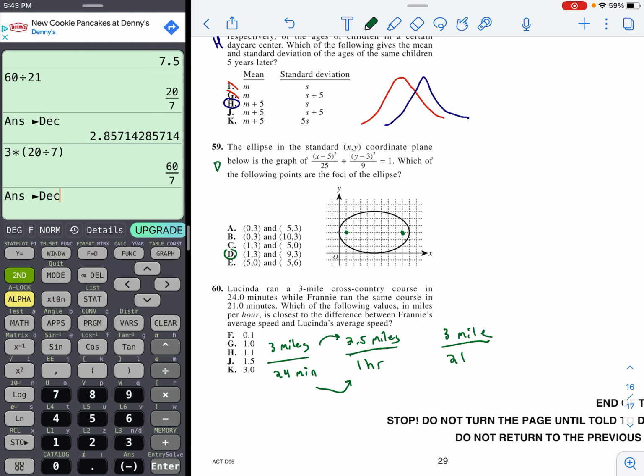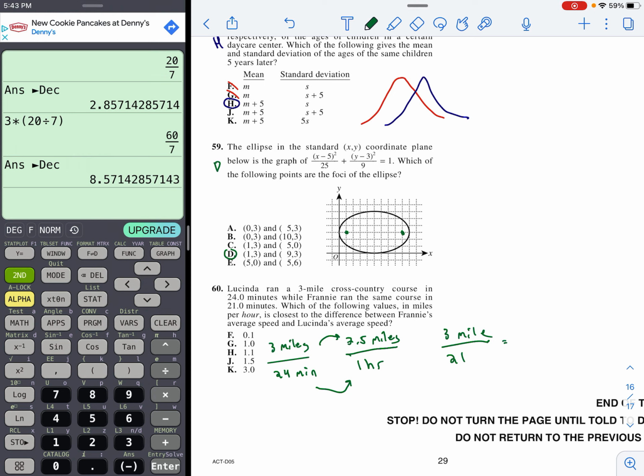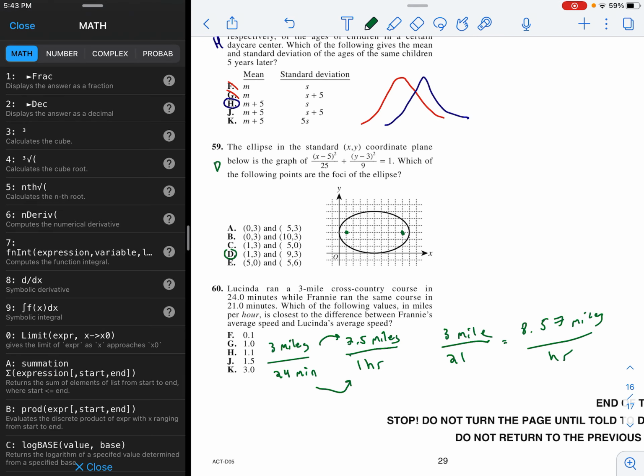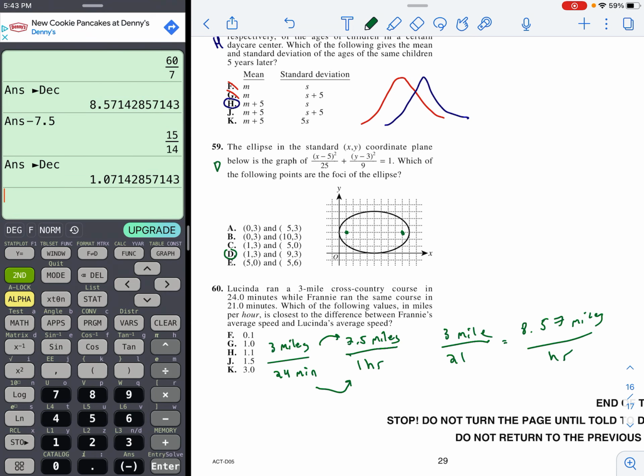We'll just get it close enough. Math to decimal, we have here about 8.57 miles per hour. And so if we take 8.57 and we subtract 7.5, we would have closest to 1.1 miles per hour, answer choice